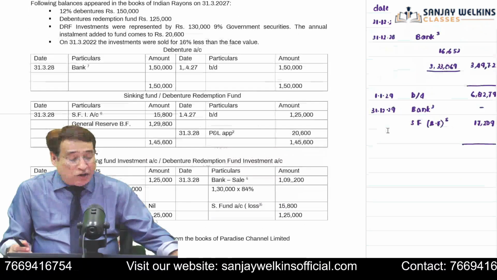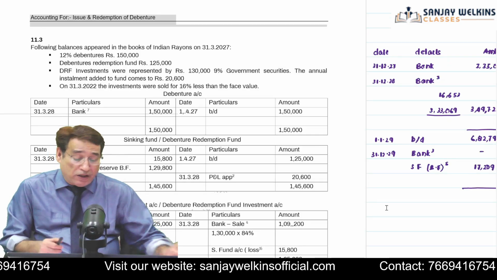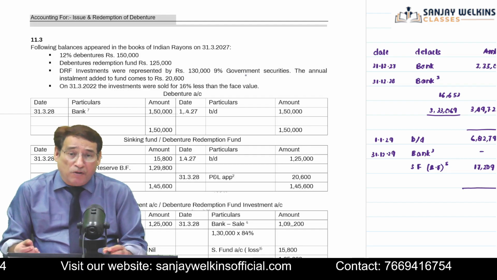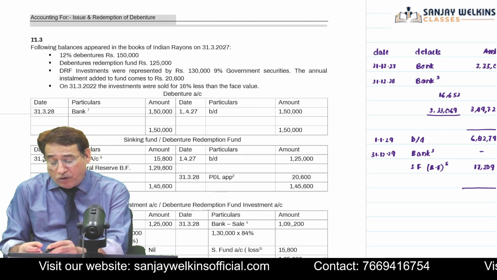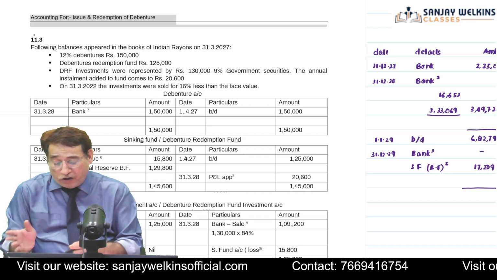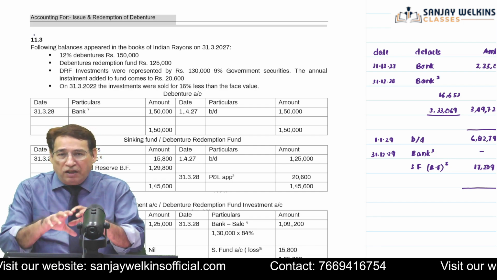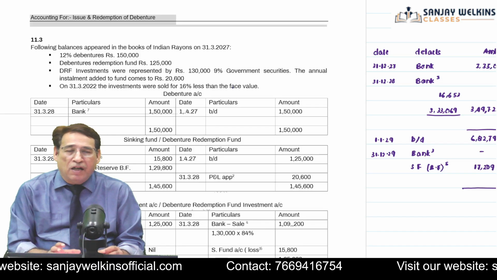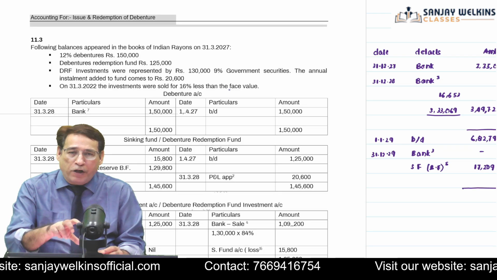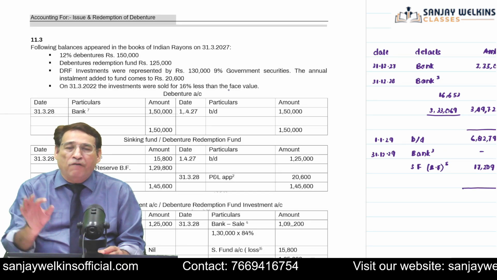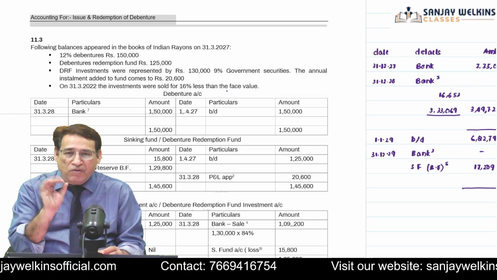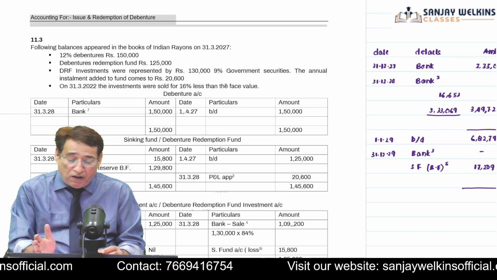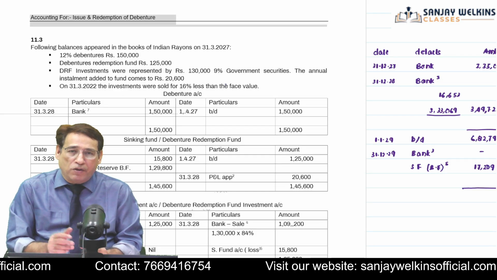However, in the examination, honestly speaking, I don't think you are going to get such a long question out of this particular topic. Then what sort of questions are you going to get in the examination? You are going to get questions like 11.3 and 11.4, where only the last or final year's accounting would be needed. As we have already seen, in the final year we receive interest, we appropriate the amount, no investments are done, in fact we sell the investment. Only these 4 steps are required in the final year, and as per those steps, we are going to solve these 2 questions.